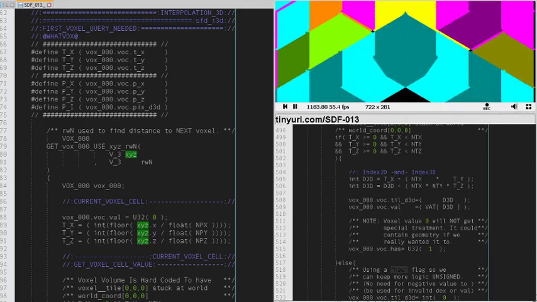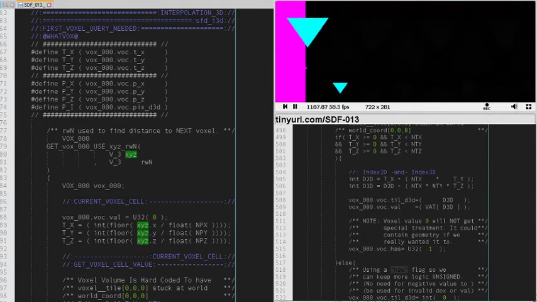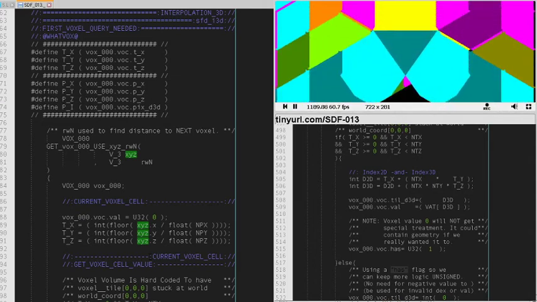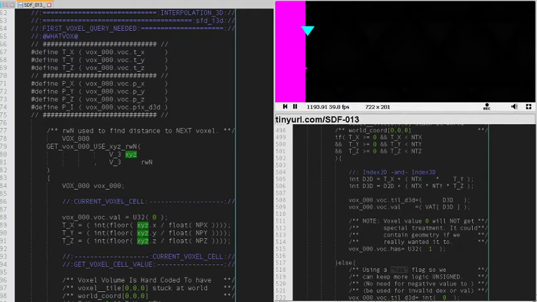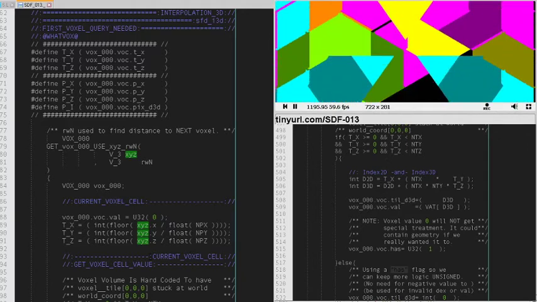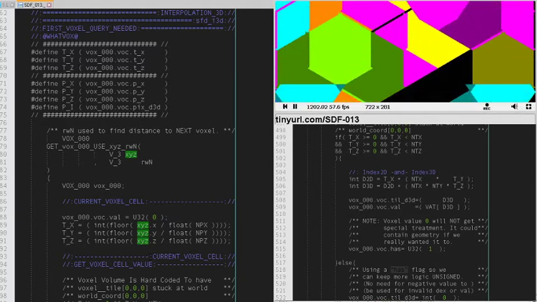So it looks like floor xyz.x. So because our math is flooring the calculation here,